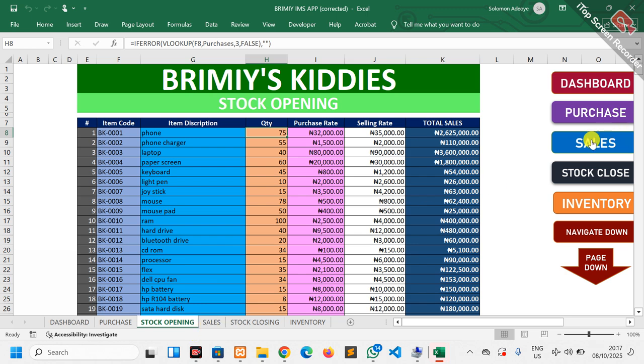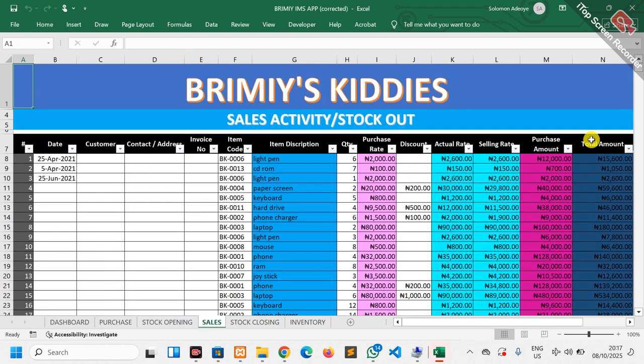After that, I go to the sales sheet. Here, as each of the items is being sold, we are going to record the details: the date at which it is sold, the customer name, the customer contact address, then the invoice you are giving out, the number of that invoice. Now the system will automatically